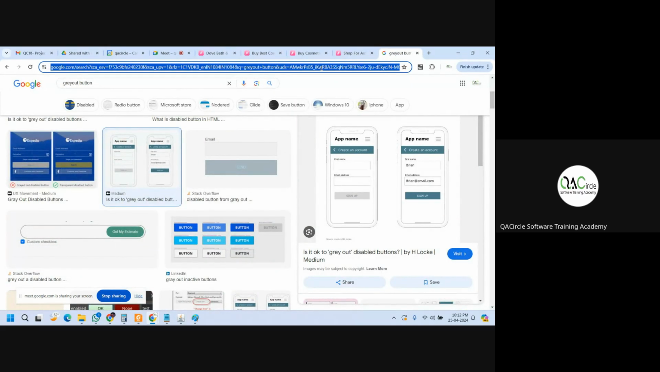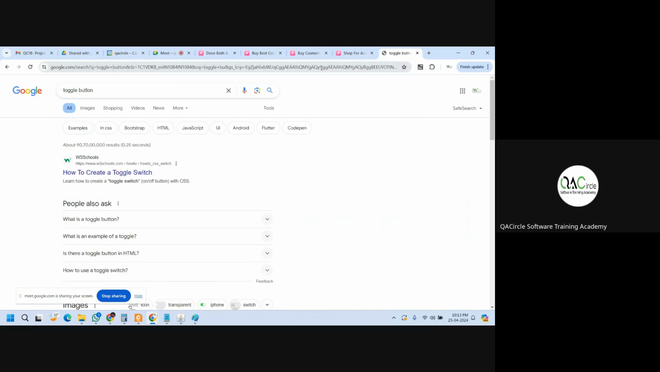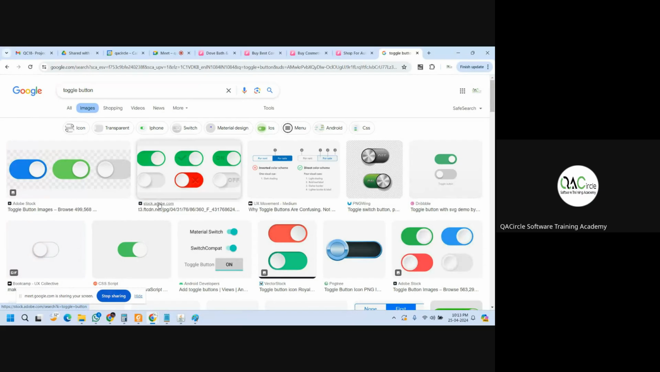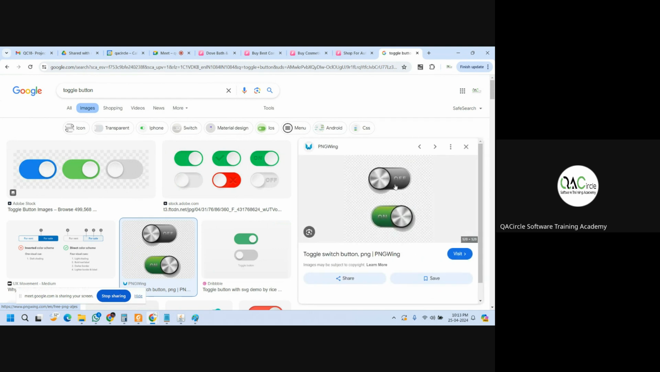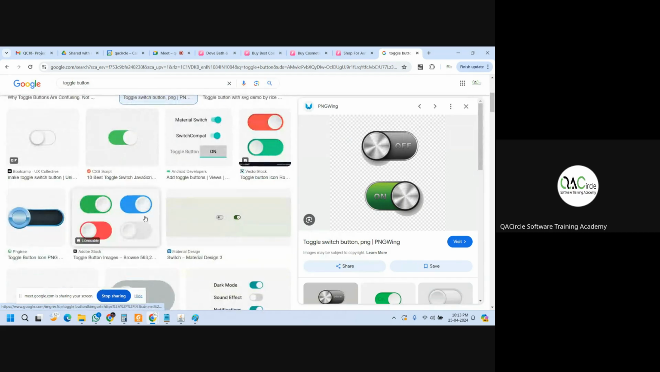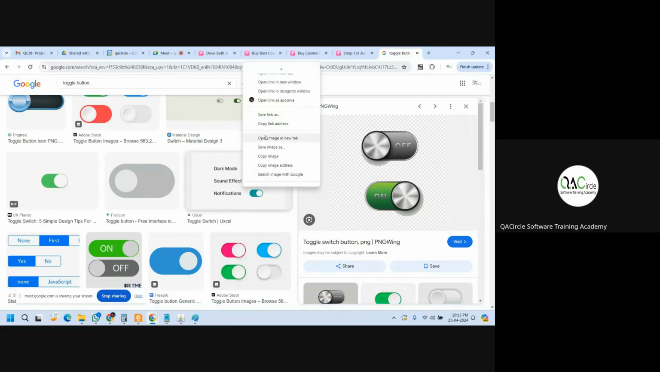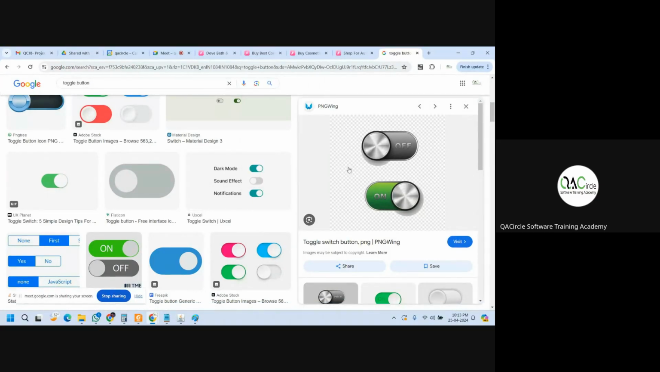Next, checkbox, you know, radio button, you know, tabs, you know. One more is the toggle button. What do you mean by toggle button? You might have seen this kind of button, at least. If you open your settings in your mobile,